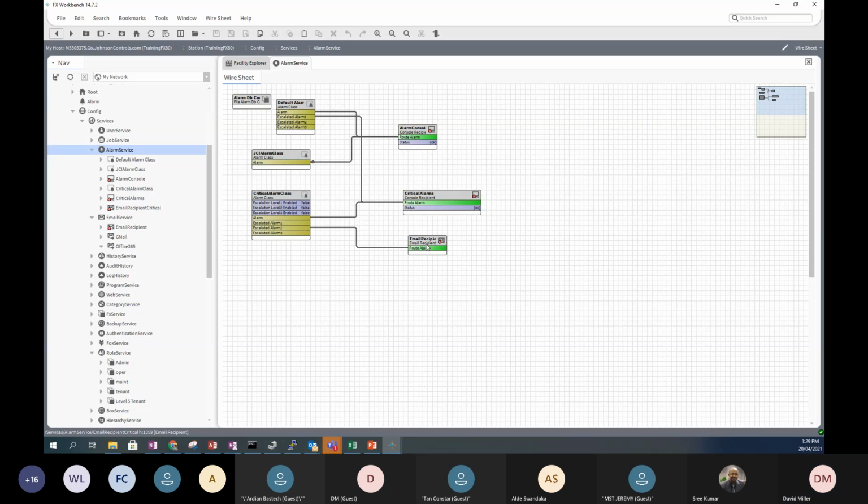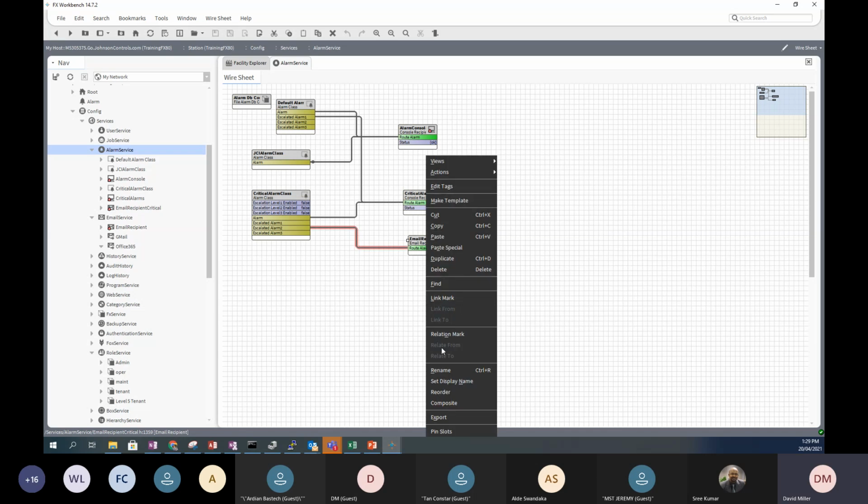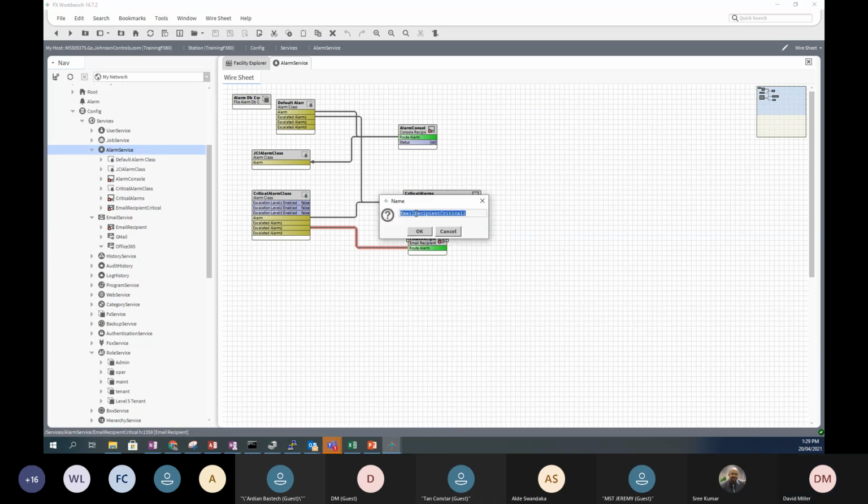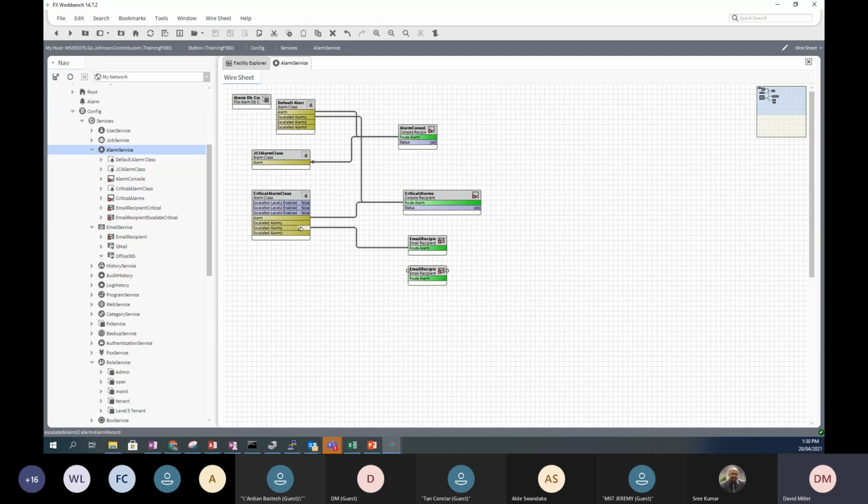Now, if you wanted to, you could create a second email recipient by right-click and duplicate. And I could say that after 30 minutes, if it hasn't been acknowledged, it'll go to